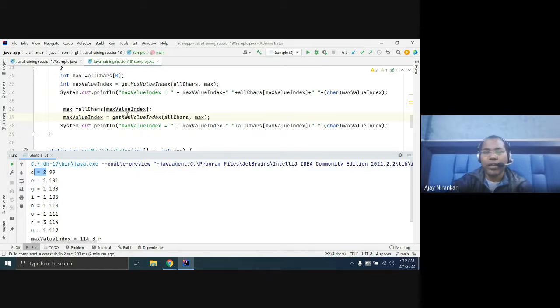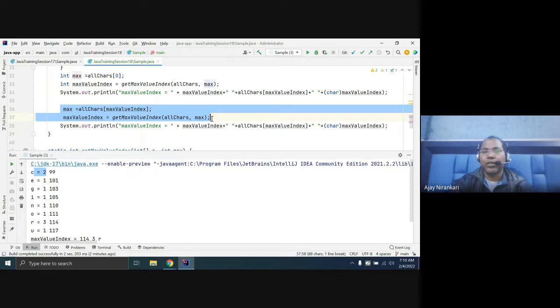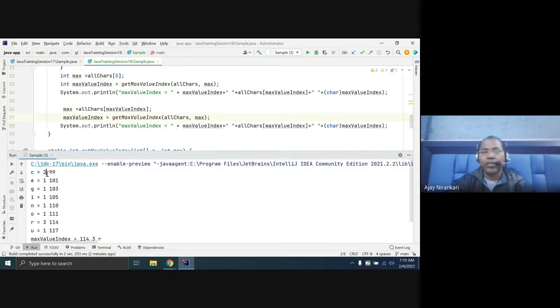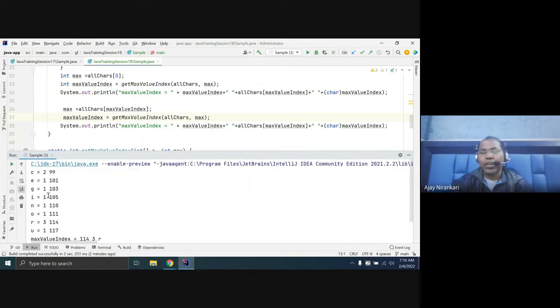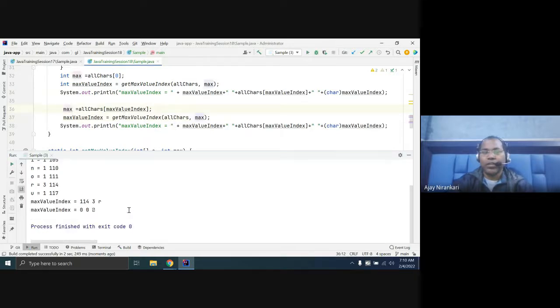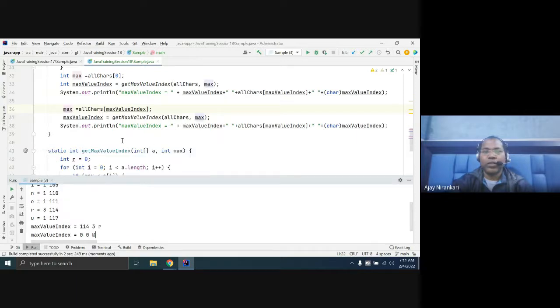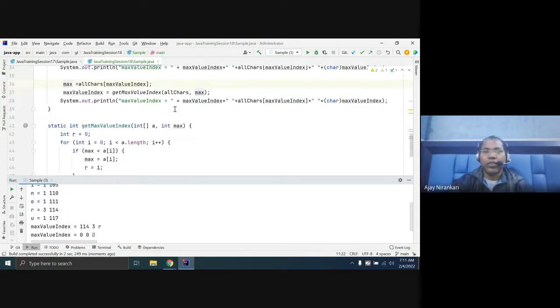And if you invoke this method again next time, what will you get? You are finding the max. If you pass a 3, then if you pass again, you are getting the same value, right? If you pass this, okay, you are getting the 0 position. The 0 position has something.